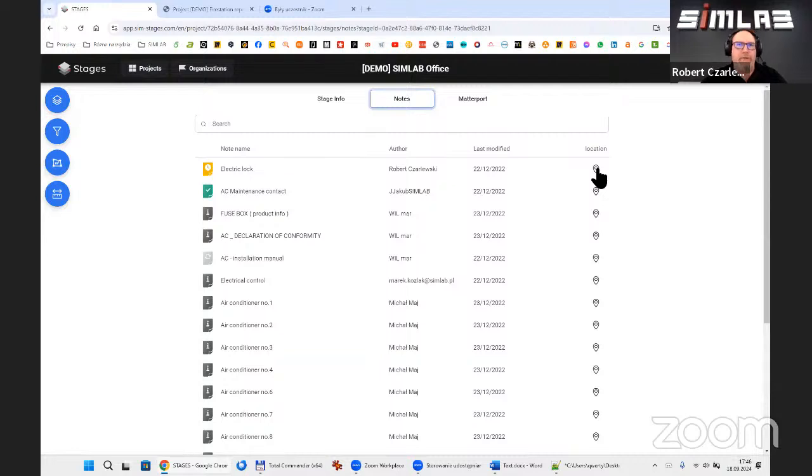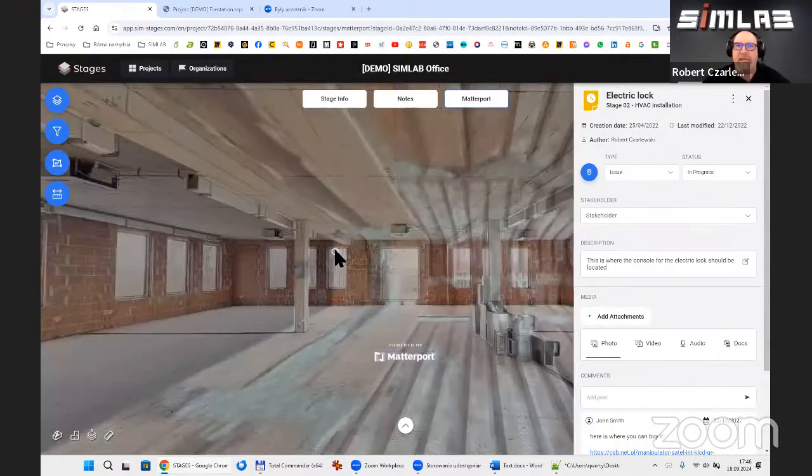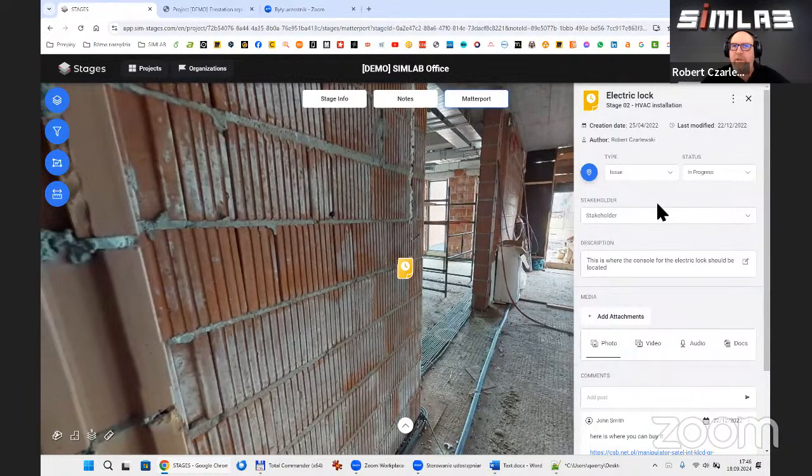Okay. So here is a list of the notes. If I click this navigation icon, the system takes me to this note placed in XYZ space in our scan. And here in this window, we can set up or change the current status of the note. We can also change the stakeholder for the note, and place some comment at the end of the form.